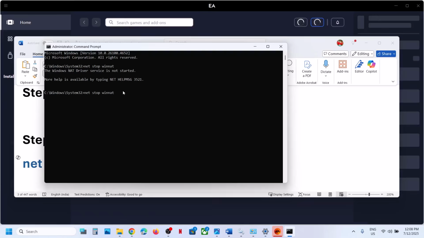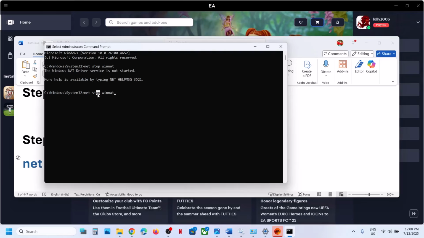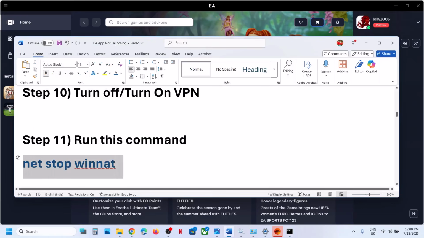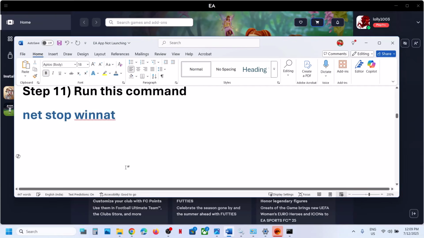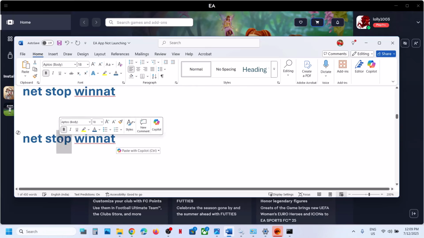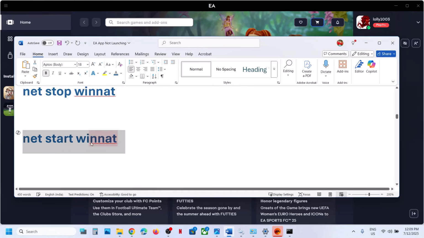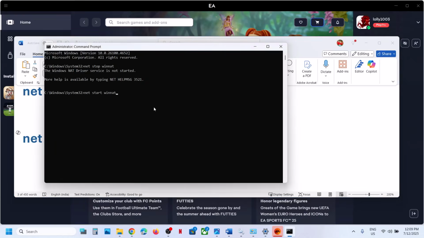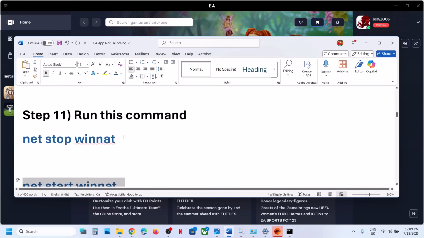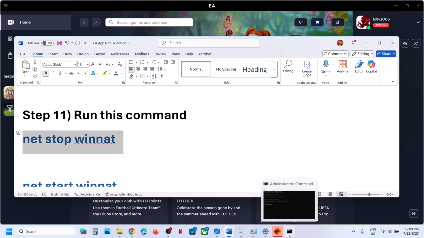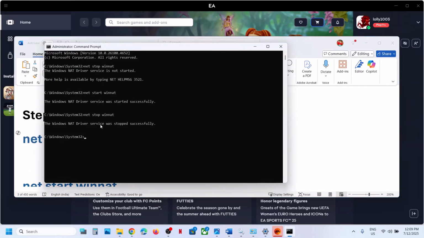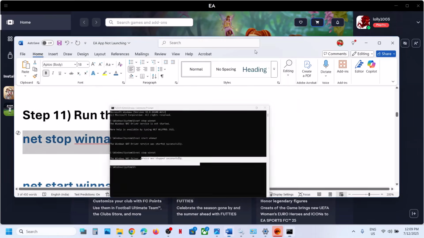Okay, so in my case it's not started, so I'll show you what will happen. In my case actually I have not even started this service. So in your case it will be like this. I'll show you. Let me start it, then you can stop it. In your case it would be like in start status. So now you have to run only this command. So copy this, paste it, hit the enter key, and once it is done, now you can launch EA app